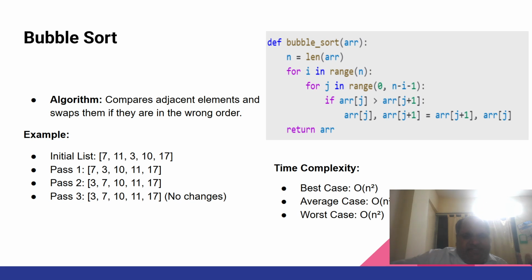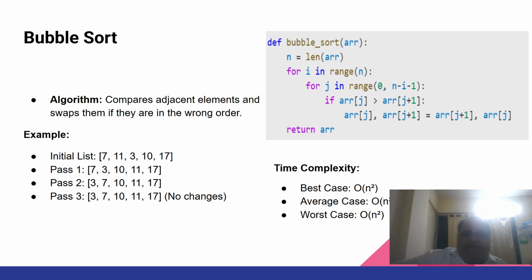Then the only thing you have to understand is the loop starts from 0 till n minus 1, right? The ith one, and j goes from 0 till 1 less, n minus i. So for the first iteration, what will happen? It will start at 7, and then you are having 7, and your comparison, so your i will be 0, and then your j will go from 0 till n minus 1, and then it will first compare if your array of j, right? So it will actually compare,